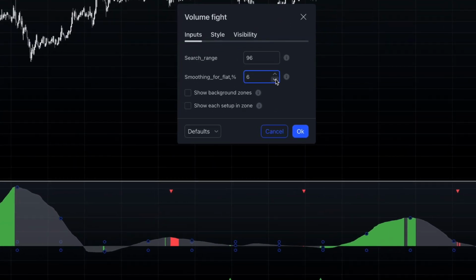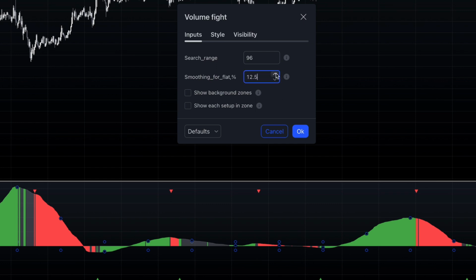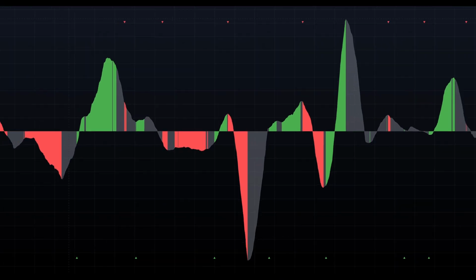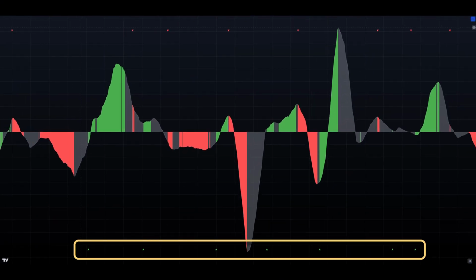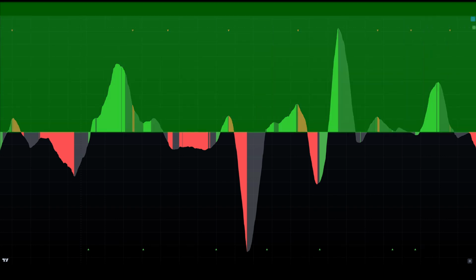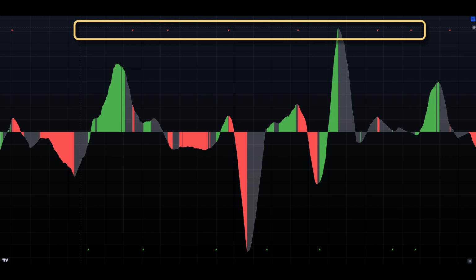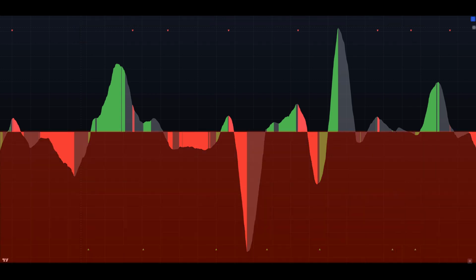Specify the minimum percentage difference between bullish and bearish volume forces. If the difference is below this threshold, default 15%, the zone is considered flat and is shown in gray on the histogram. Setting this percentage to 0 will highlight more signals. When bullish volume predominates, a green triangle appears at the close of the bar and the histogram is highlighted in green. When bearish volume predominates, a red triangle appears at the close of the bar and the histogram is highlighted